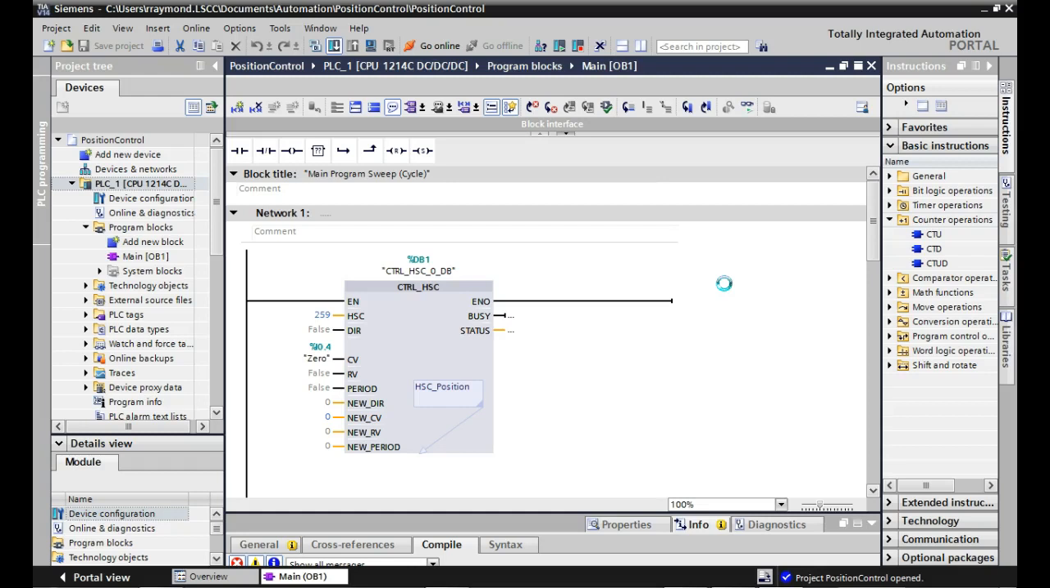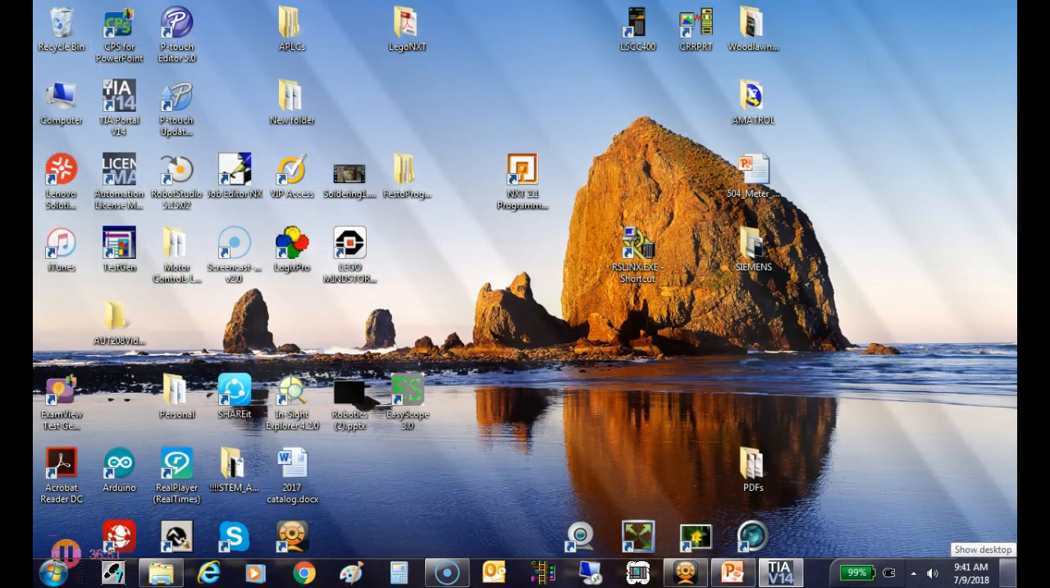Oh, everybody go duh again. Duh. It's not going to find my PLC because I don't have it hooked to my computer. This setup's got a switch on it, so if you see that cable, and